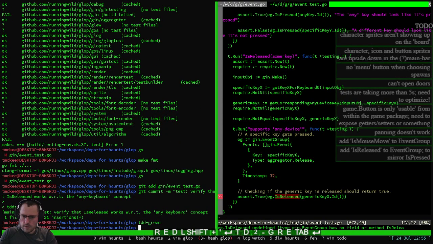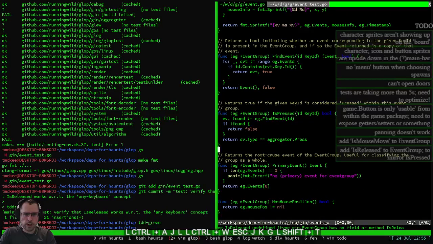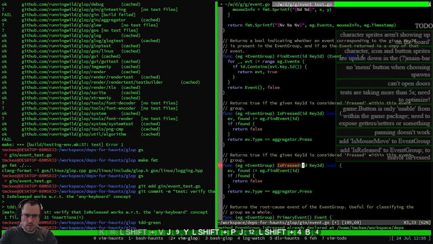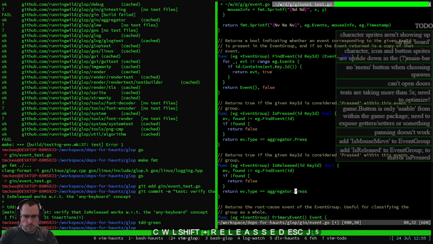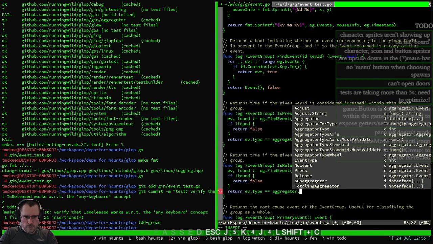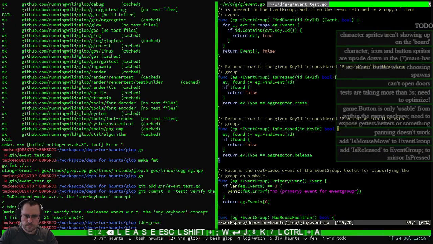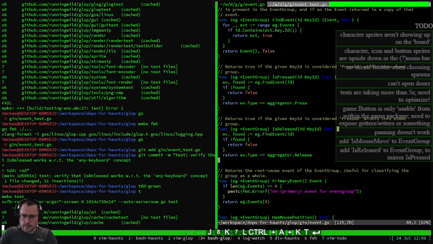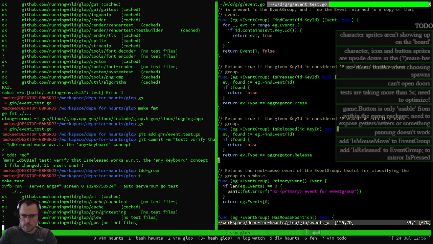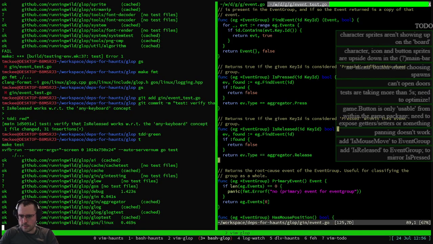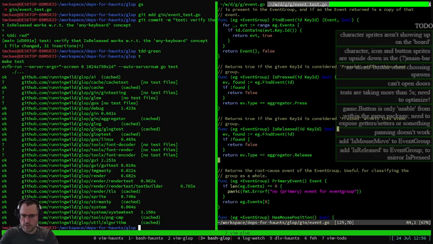All right, now that we've added a test that's failing, we go to green mode and we make it work. We make it green. So it's really this, but released. We find the event by the ID, and then if it was release, we return true. So that should green the test. That means the test should all pass still. Like all the old ones that passed before should still pass, and the new one that used to fail now